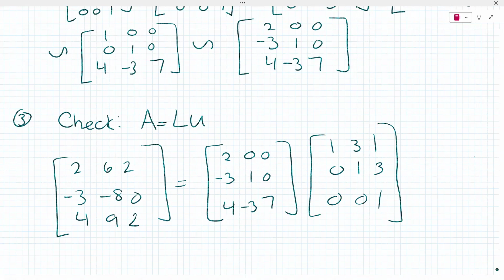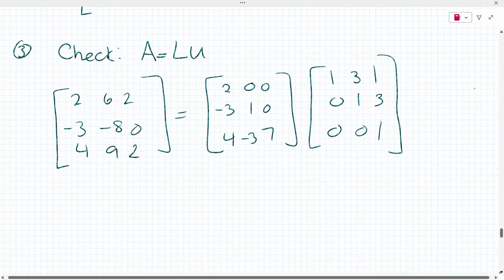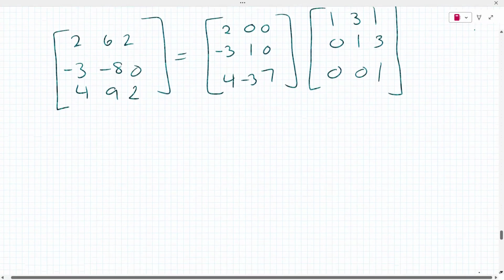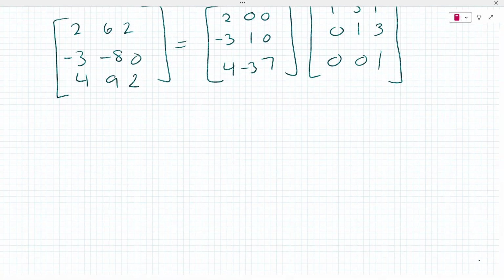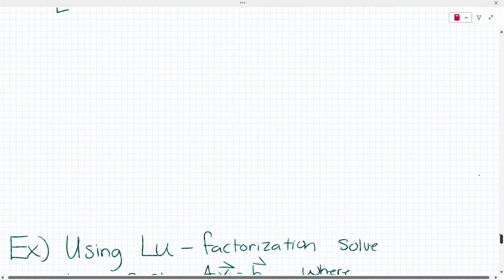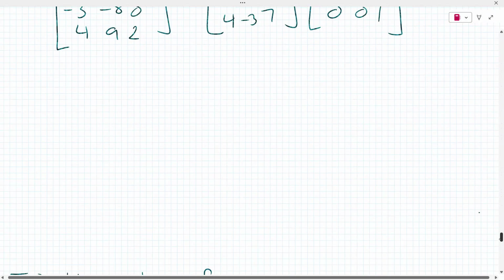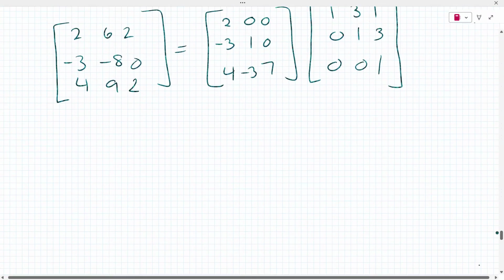The next thing we're going to talk about is solving a system of linear equations using LU decomposition. I don't think I wrote down the directions. Yes, I did not write them. So let me write this down. So the next thing we're going to do is